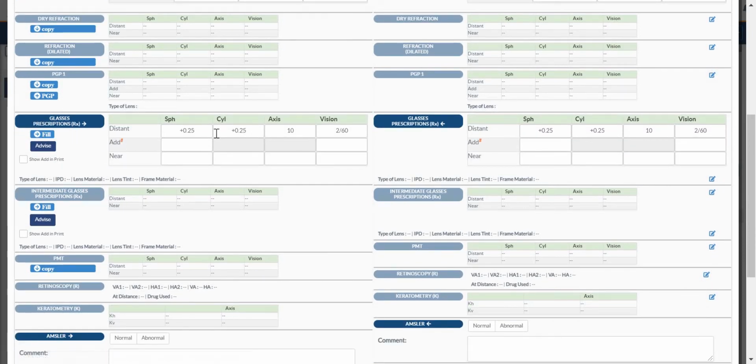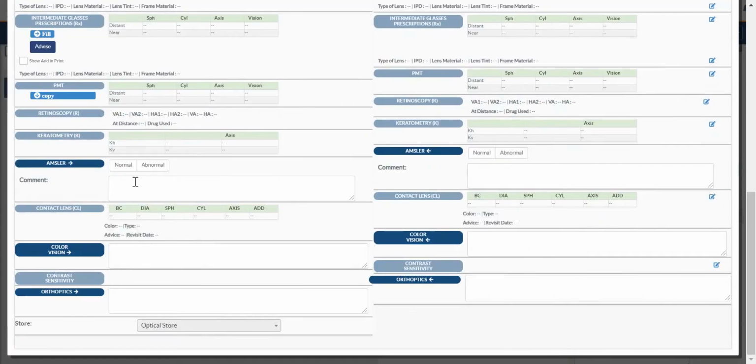If you want to fill this out, it's already filled, but if you want to make some modification you can always do it here. Make sure this button is clicked. Right now it is clicked by default, which means that the patient will flow into the optical store. If this button is clicked, the patient will flow into the optical store if the optical store is also linked to this system, or the same software is implemented there. By default the patient will flow there, and they will be able to see the readings. If it is unclicked, then even though you have captured the glass prescription, the patient won't flow. That is the meaning of this advise button here.